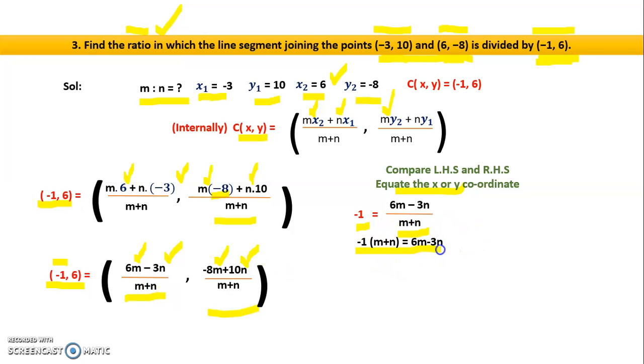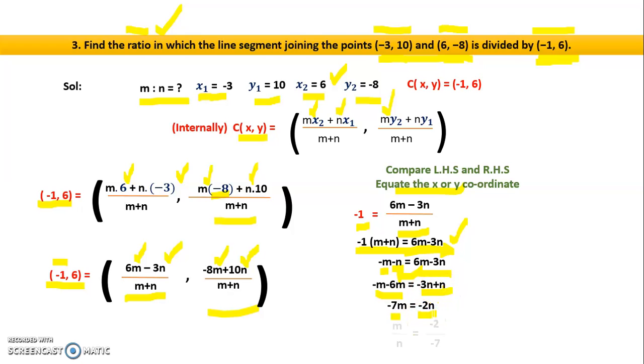By cross multiplication, that is -1 into (m plus n) equals 6m minus 3n, which I directly write. The minus should multiply with the -1: -1 into m is minus m, minus into plus, -1 into n is minus n, equal to 6m minus 3n. Now I rearrange the terms: m values on one side and n values on the other. If you take 6m to this side, it becomes minus 6m, and minus n becomes plus n. So minus m minus 6m is minus 7m, and minus 3n plus 2n plus n...